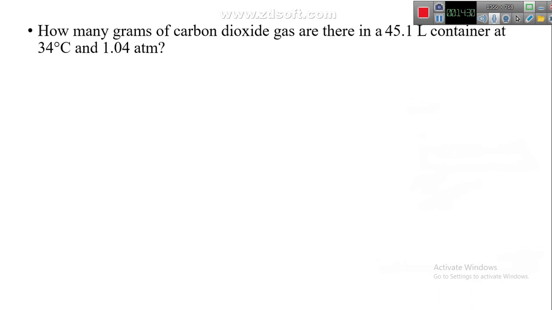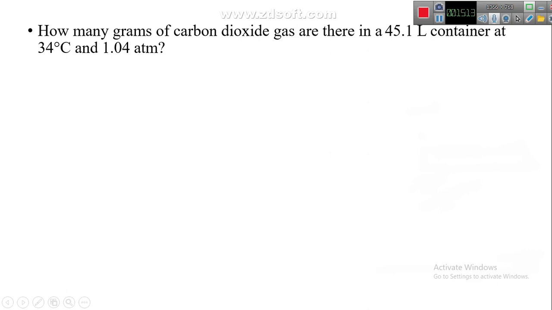Let's solve another type of question. How many grams: in these types of questions, we can use the ideal gas law in order to find the mass of a substance. Grams is the unit of mass. Mass is needed in this question. How many grams of carbon dioxide gas are there in a 45.1 liter container at 34 Celsius degree and